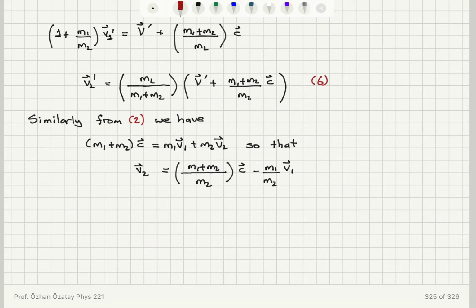So this equation I'm going to call number 7, and from equation 1 and 7,